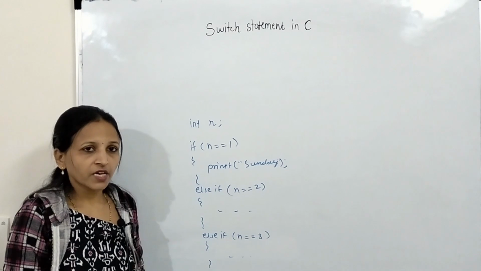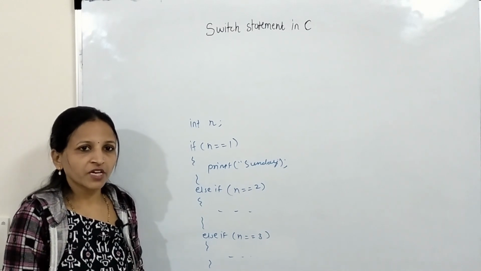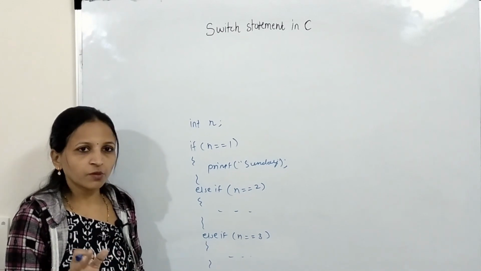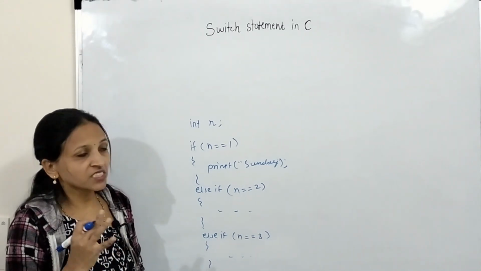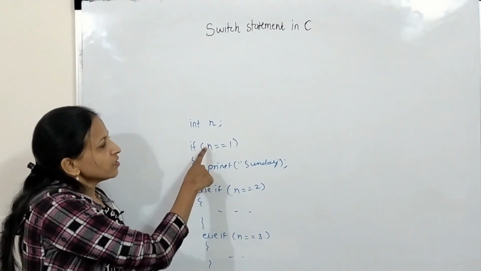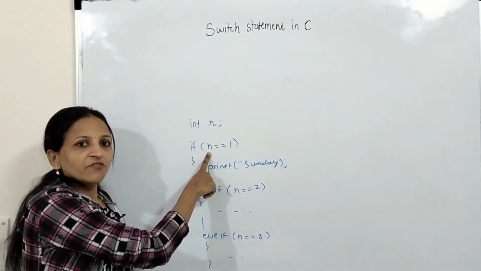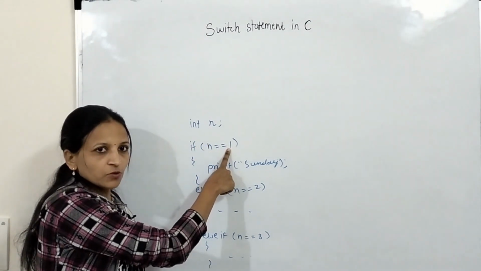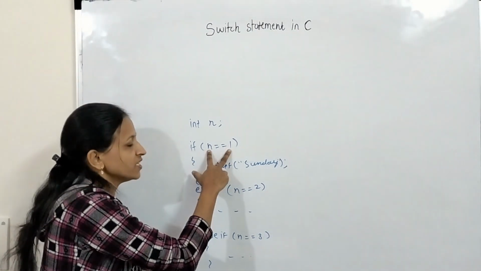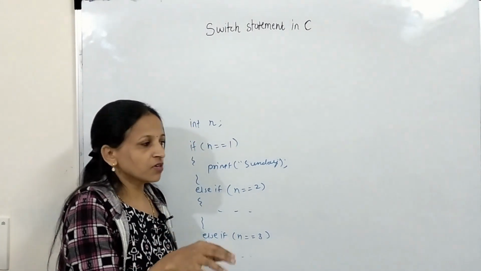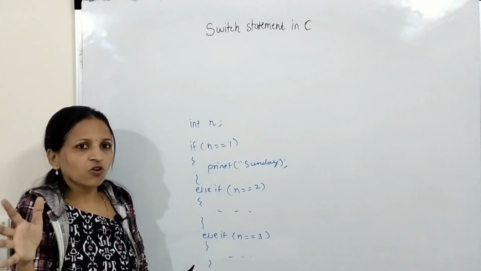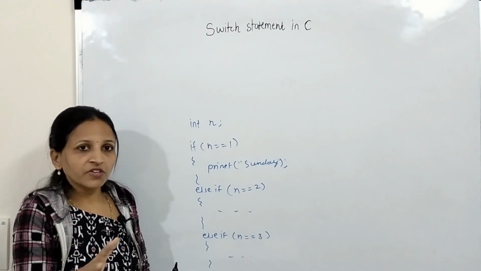We can improve the readability and the speed of execution of this program with the help of one more statement provided by the C language, that is the switch statement. Here we are comparing the value of a variable with a fixed integer value. We are not checking less than or greater than, we are only checking for equality. Only if we want to check the value of a variable for equality with a constant value can we use this switch case.